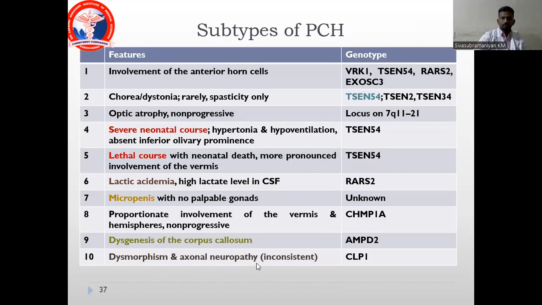like in disorders of glycosylation. So there are various subtypes of pontocerebellar hypoplasia, where type 1 is the involvement of the anterior horn cells, and you have the genotype there. And type 4 is the most important one with severe neonatal course, and it has TSEN54 mutation. And type 5 is lethal, again with TSEN54 mutation. Depending on the degree of penetrance, it either becomes type 4 or type 5. And associated gonadal abnormalities in type 7, and type 9 with dysgenesis of corpus callosum, and type 10 with